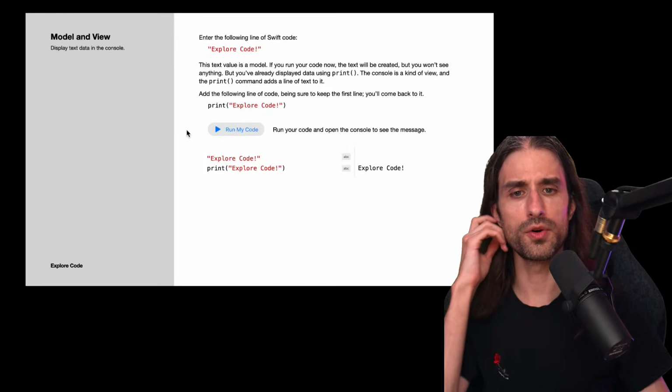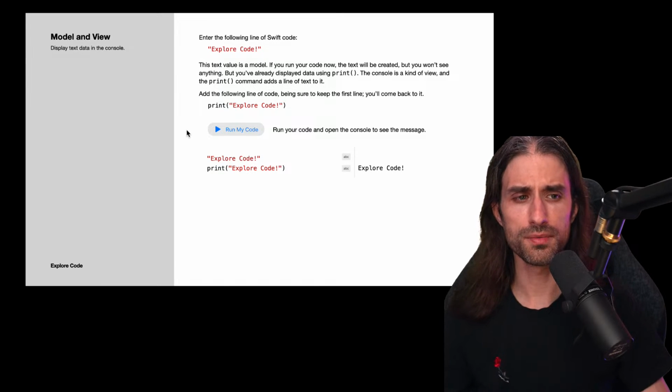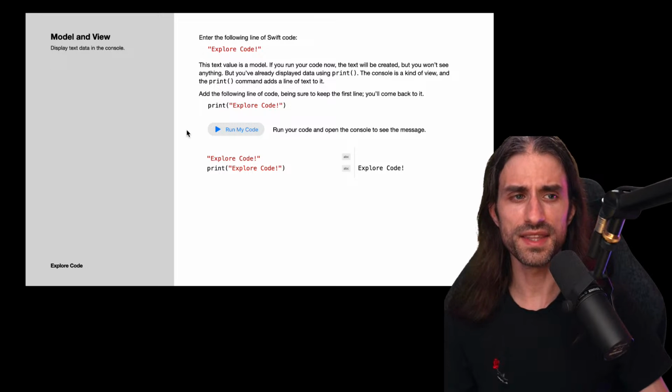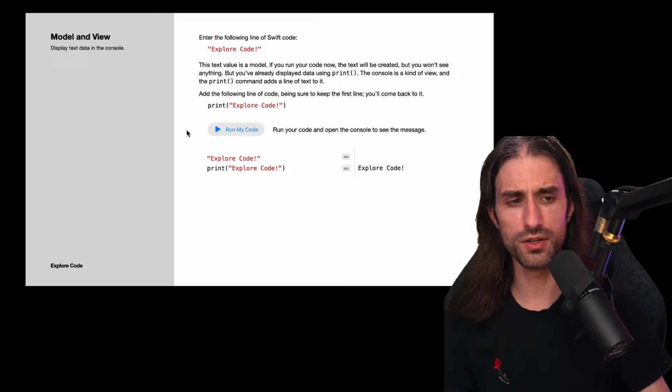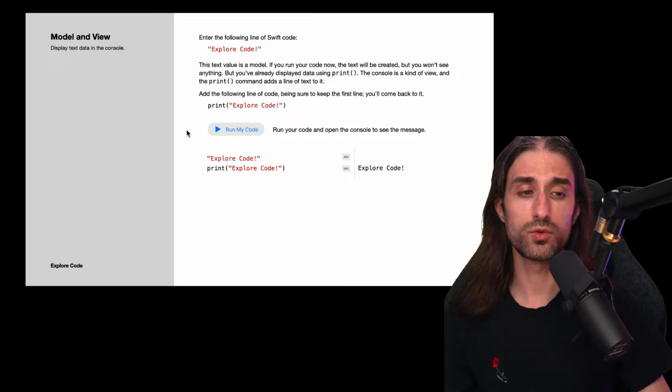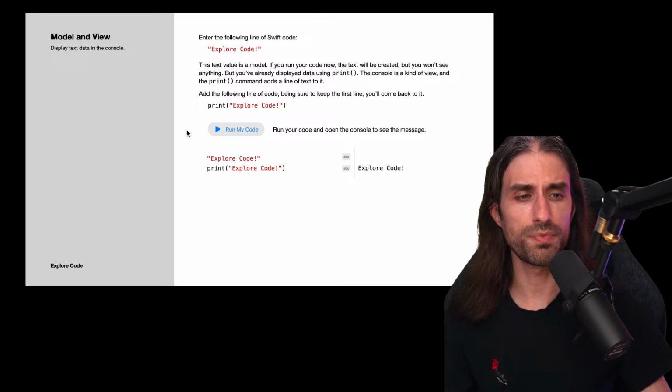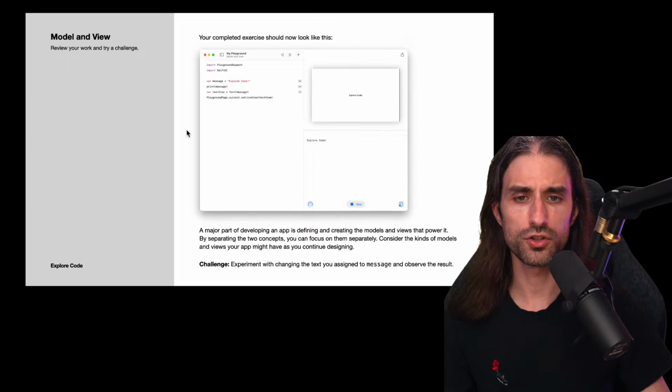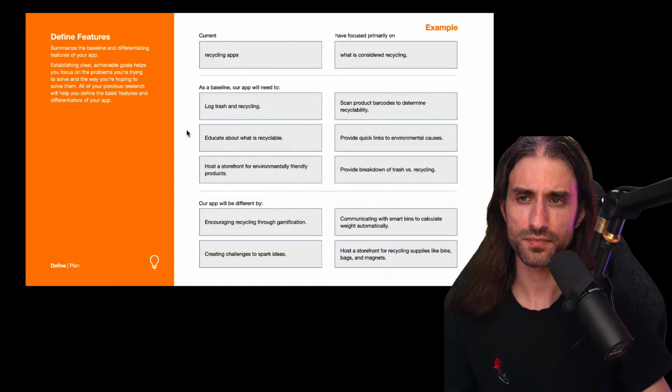Okay, then there's a bit of code about model and view. I really like how they alternate between research phases and technical phases, so that if someone who is completely new wants to learn how to build an app, they will not get discouraged by having too many technical steps as a prerequisite. So I really like how they've structured these steps.